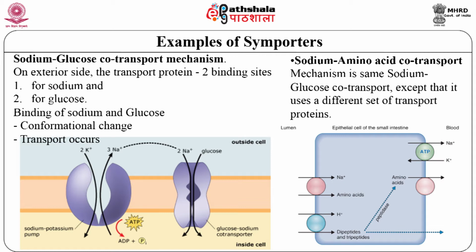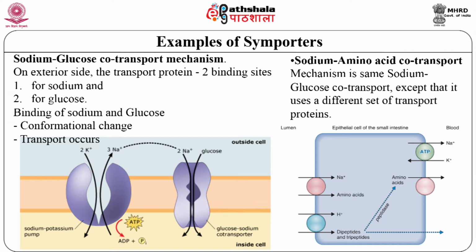Another cotransport, for example, is Na+ glucose cotransporter, which is also known as SGLT1. In this, the direction of transport is same for both the driving ion and driven molecule. Na+ glucose cotransporters are found in the small intestine and kidney proximal tubules. It simultaneously transports two Na+ ions and one glucose molecule into the cell across the plasma membrane.